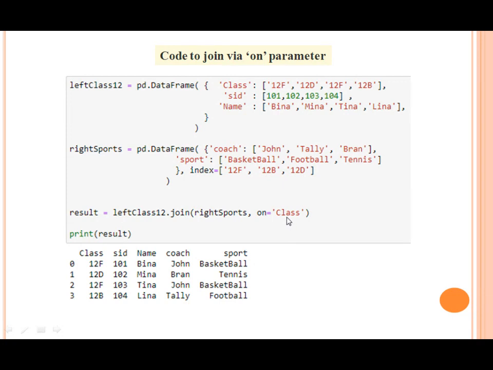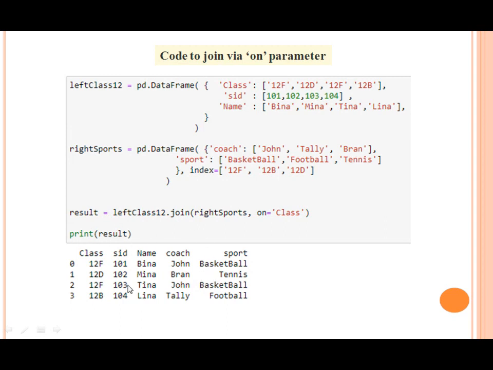So it will be clear to you now. Class is the common column. It is present here as class in the first table, and in the second table it is present in the index. So it automatically joins and relates class with the index value and gives us the appropriate value.